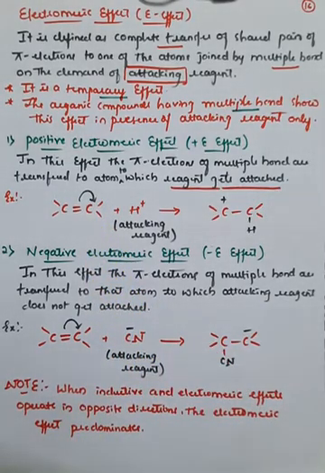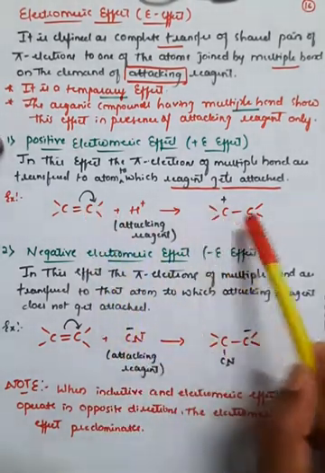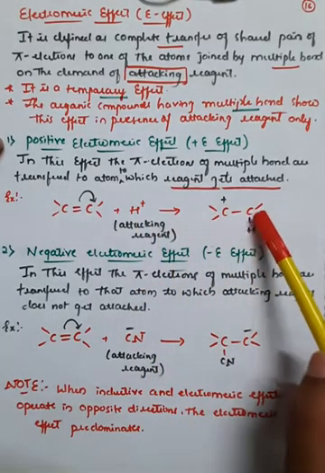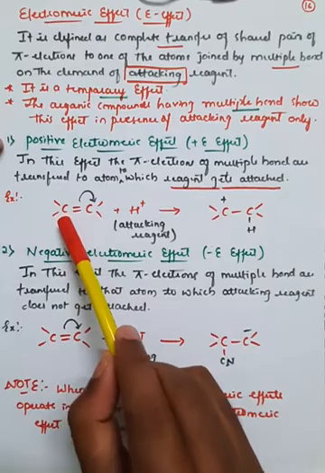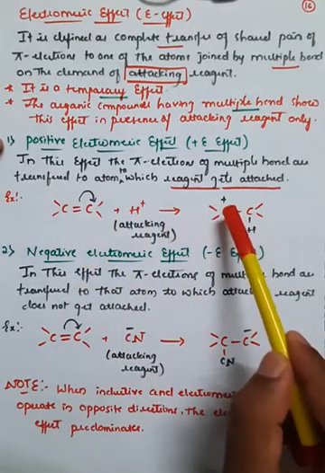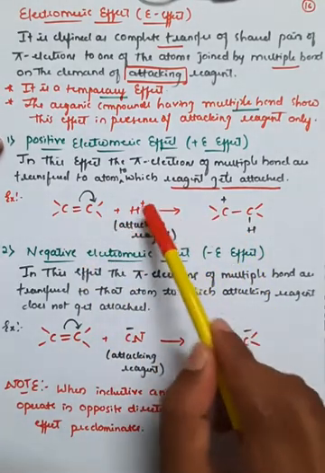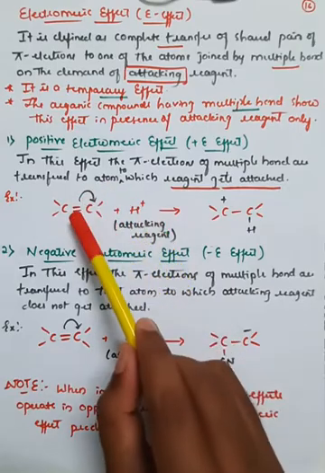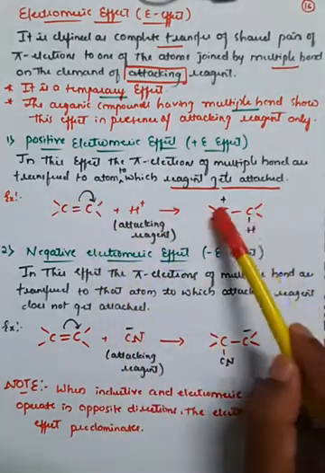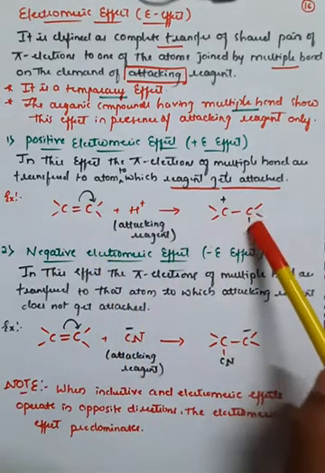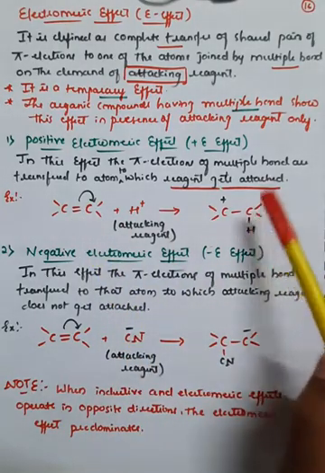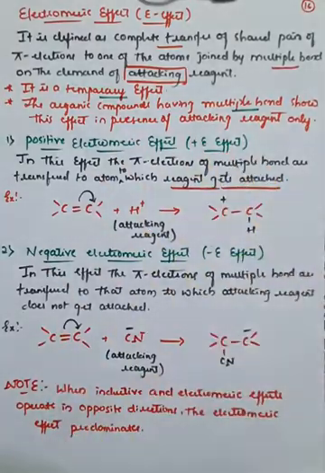So therefore what happens? This carbon is bonded with hydrogen. Further, this carbon is bonded with the hydrogen, and the first carbon will get a positive charge. So on the influence of the attacking reagent, that is H plus, there is a shifting of this double bond on this carbon atom. So this double bond breaks and converts into a single bond, and this carbon is bonded with the hydrogen atom. This type of effect is called the plus E effect.